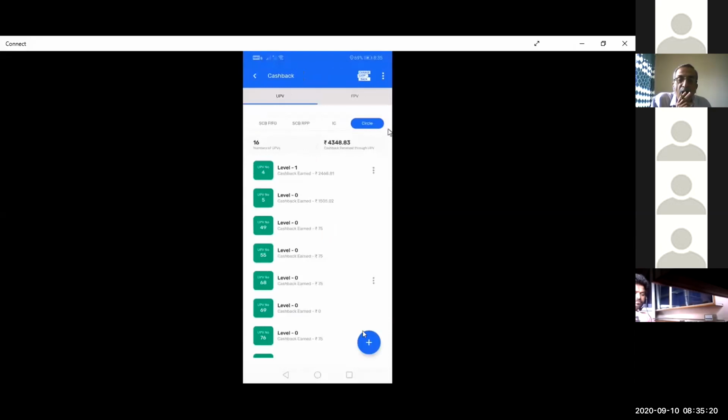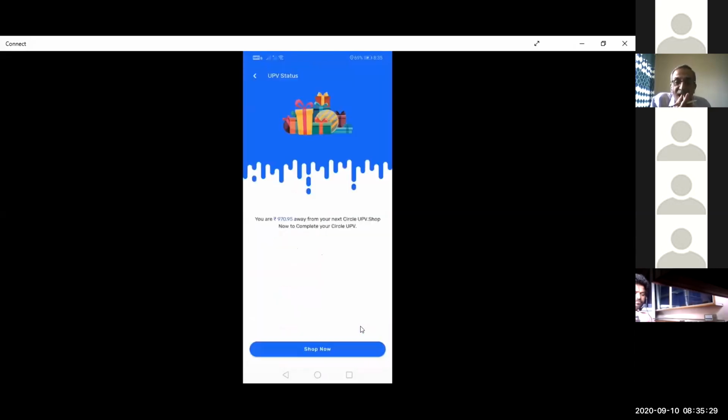There's an icon over here, the plus icon. If I click on it, and if I click on UPV status, I can see how much amount is left here to make a new UPV. So if I shop for say 970 rupees more, I'll create a new UPV in my circle, right?